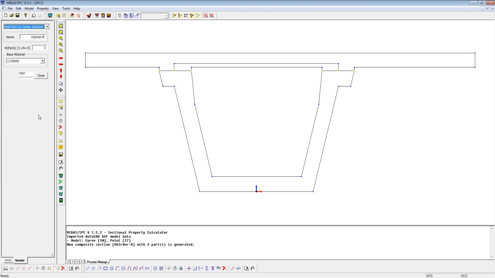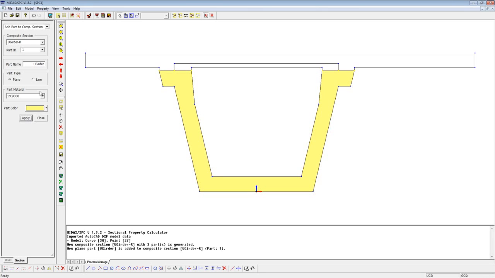Now I'll add part to this composite section. So I'll say part 1. I'll call it Girder. I'll select plane. I'll select the material, and then I'll just select the geometry that defines this section. So I'll say this, press on the control button, and I'll click all the edges. So I have this member that will be the tub section. So I'll say apply. Then I'll add the second part to it, and I'll call it lid, and this material